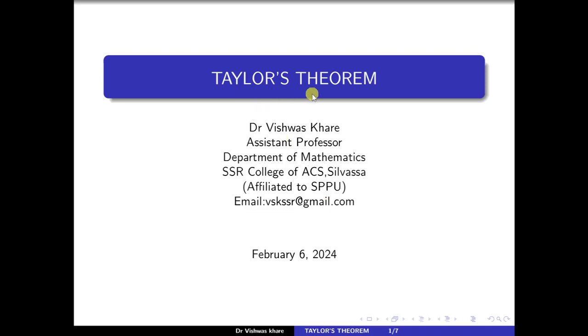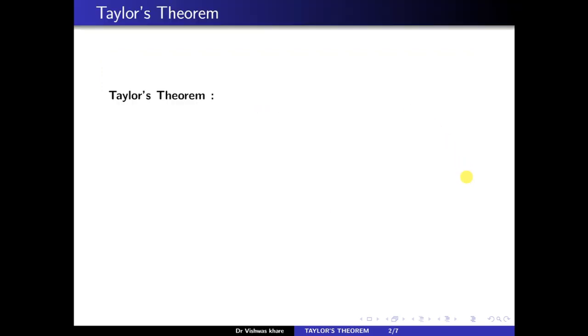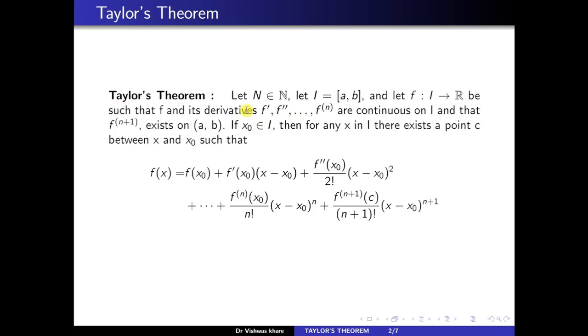The topic of this session is Taylor's theorem. Let us see the statement of Taylor's theorem. Let n belong to N, that is, n is a natural number, and let I be the closed interval [a, b], and let f be a function from I to R such that f and its derivatives f', f'' up to f^(n), the nth derivative, are continuous on I, and that the (n+1)th derivative of f exists